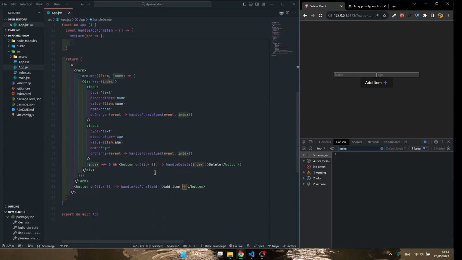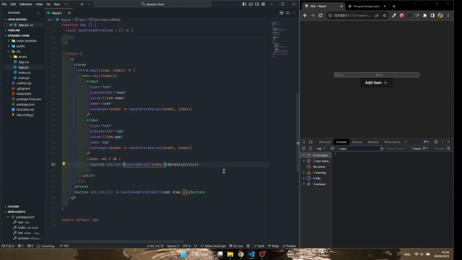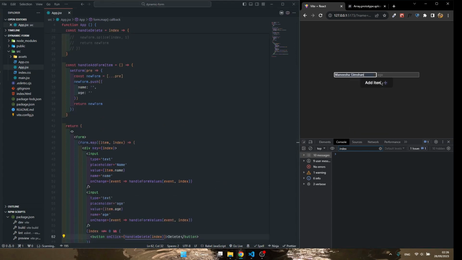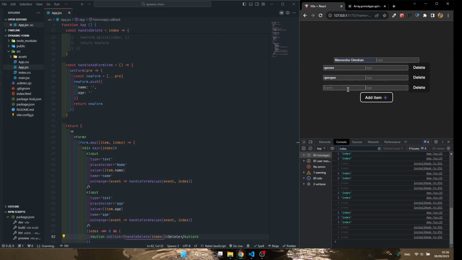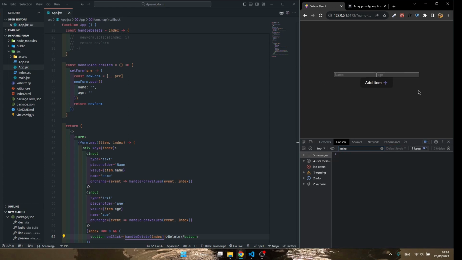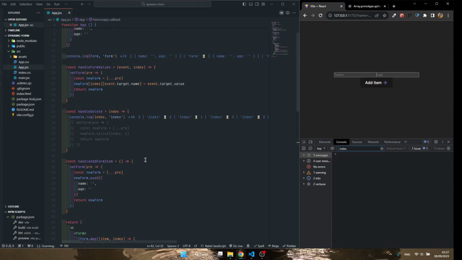Let's see. Button onClick, it should work. And we'll delete. It's fine. Let's call this one like this. Okay, delete. It means something